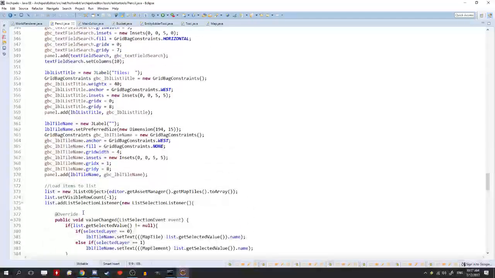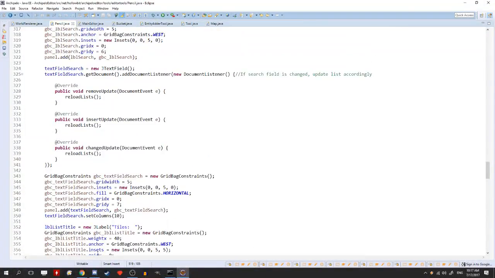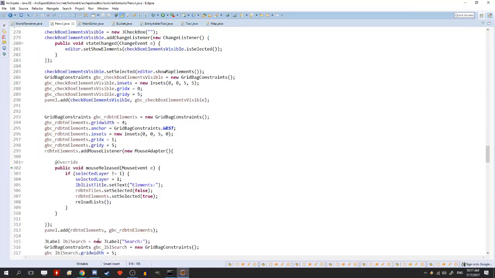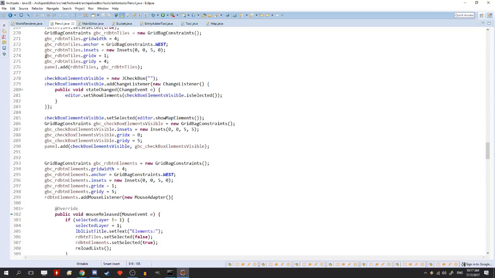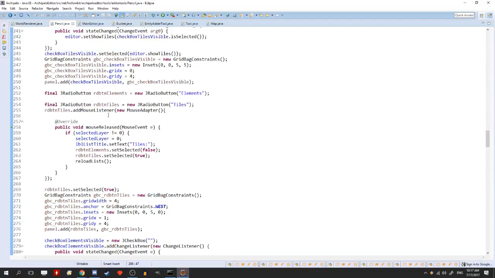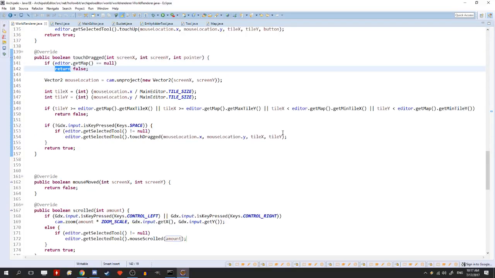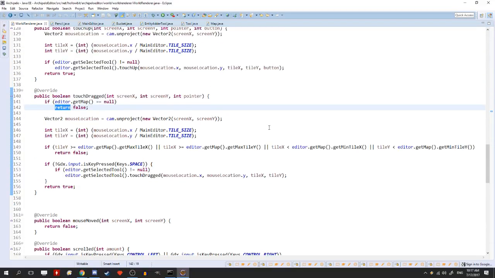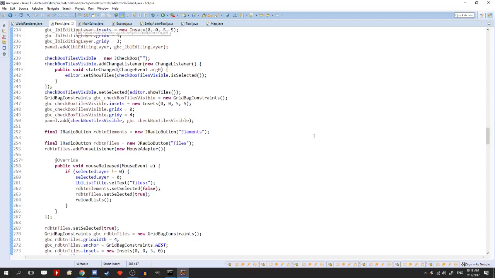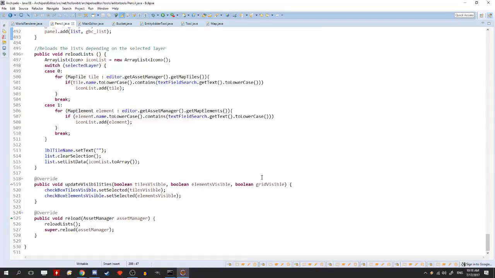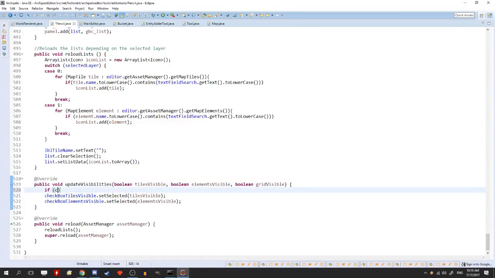Because add components is called pretty quickly after it. Maybe I just don't call the constructor for it. Oh no, it looks good. Oh wait, no. Yeah, no, never mind. Okay, so I'll just do the check. If checkbox tiles visible is not equal to null,